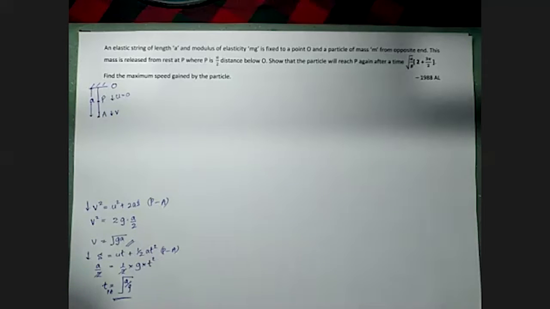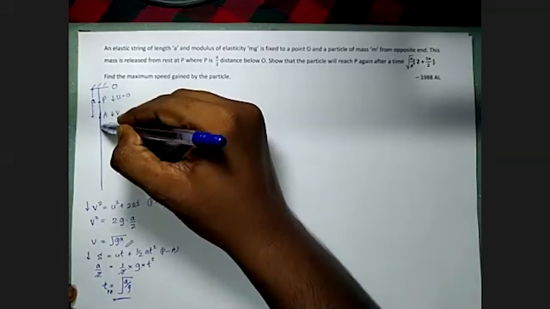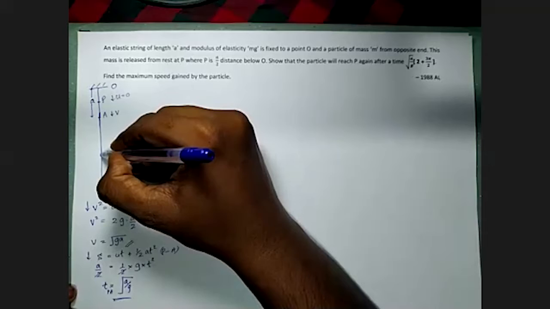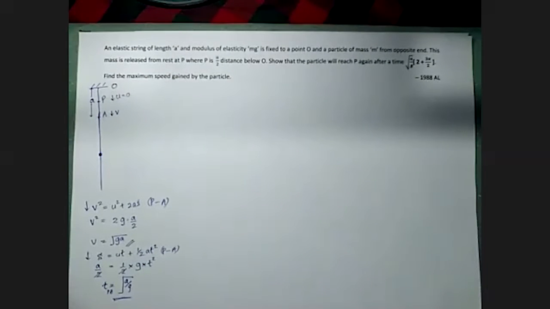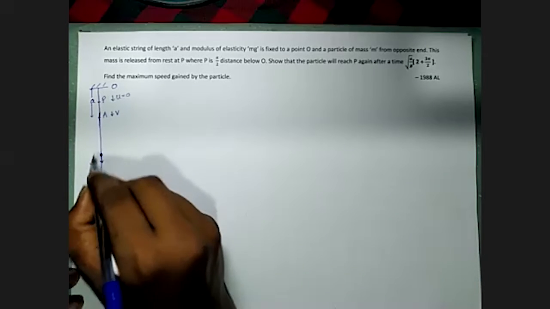Now, after reaching point A, there is a certain velocity for the particle. Therefore, this particle will start moving down by expanding this elastic string. Now it's going to stretch. It is going to stretch like this vertically downwards. Now I am going to consider a general point like this, where the mass is located at this moment. Weight downward is mg, upward tension is there.